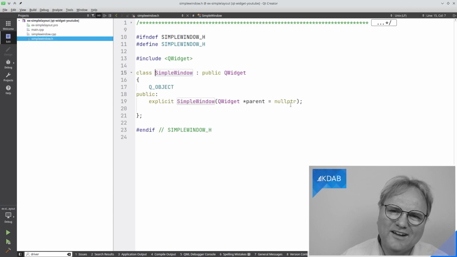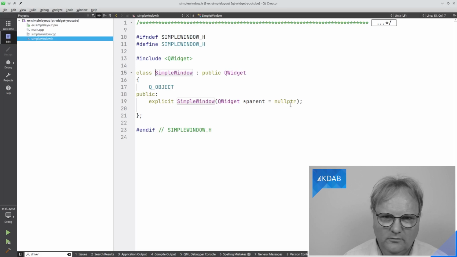So when I create a QWidget subclass, or a QWidget itself is okay too, and I do not give it a parent, so parent equals null pointer, then it will be a top level. It will be decorated by your desktop system. It will be a window that you can drag around and everything.